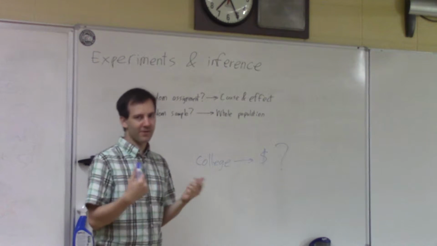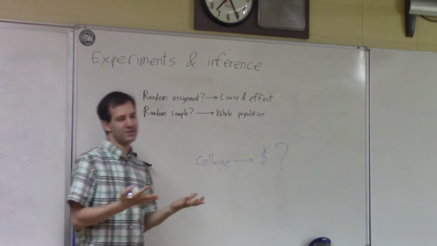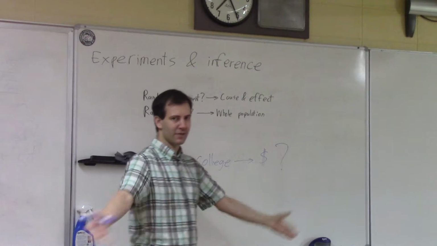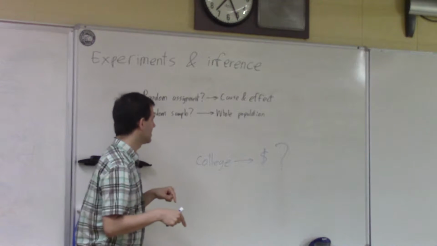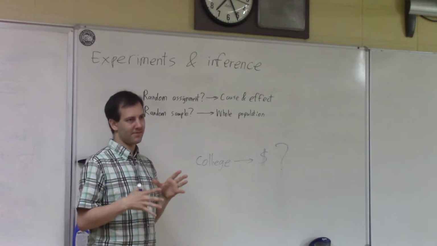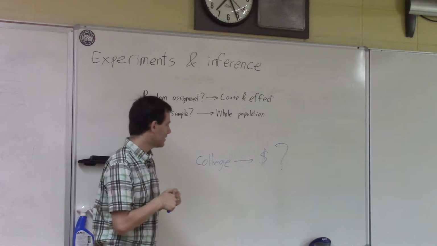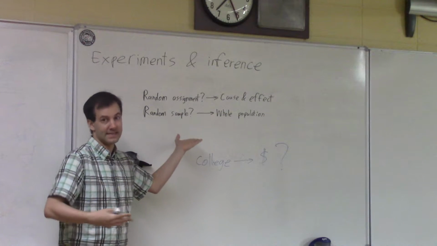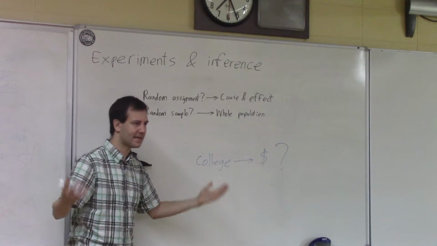Let's say I get them from Swansea. Well, that's not really a random sample, that's a convenience sample. All I can assume is that the same will apply to people from Swansea. Let's say I randomly grab a bunch of people from the graduating class at Joseph Case. Well, that only establishes it for graduates this year at Joseph Case. You can't assume that the same thing would apply across the entire United States unless you did a random sample from the entire United States.